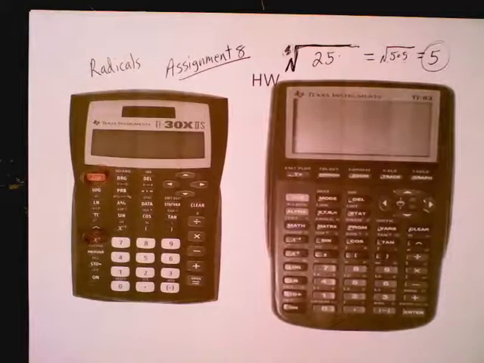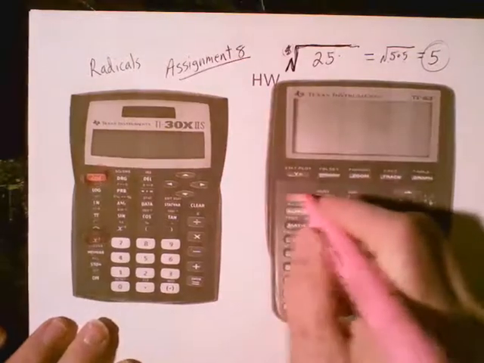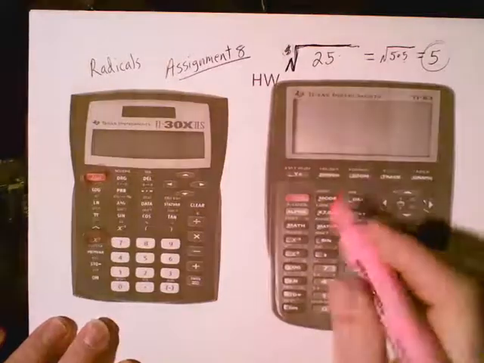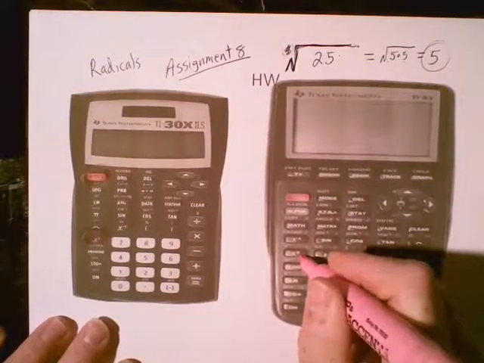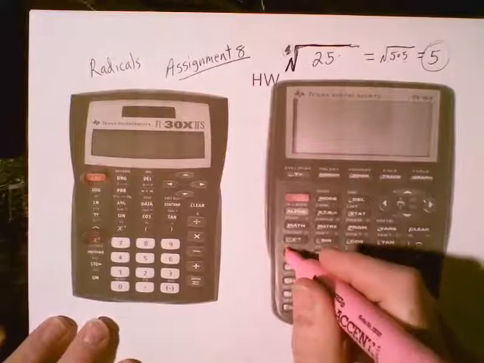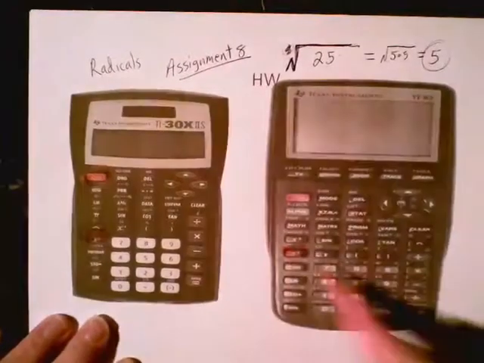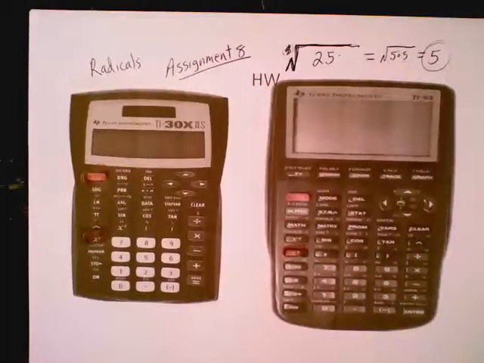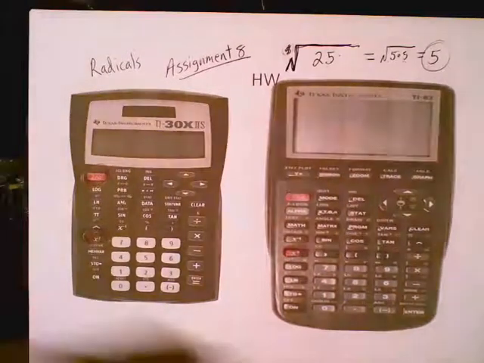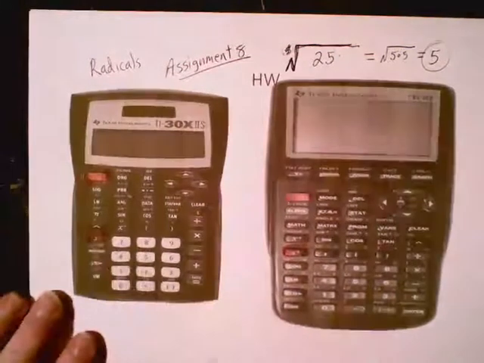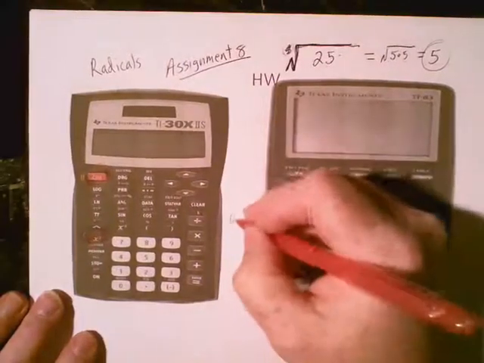On the other calculators, on the bigger ones, same thing. Second button's right there. And then same idea, the x squared button's right here, and right above it is the square root symbol or the radical symbol. So that button next, and then you put in your number. Some of you, if you have an older calculator, you might have to put in the number first, then hit the square root button. And some of you, if you have a Casio,